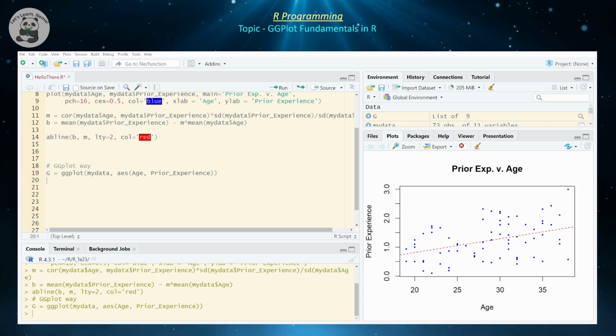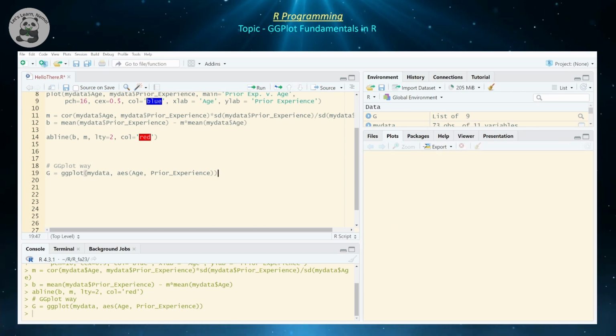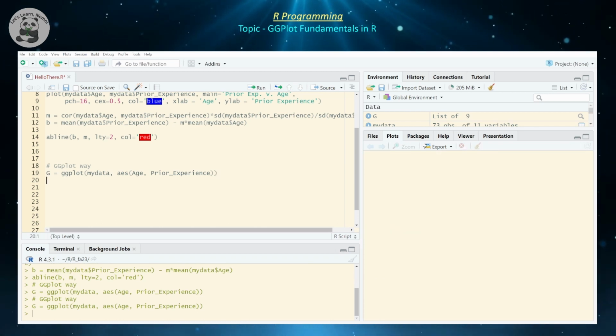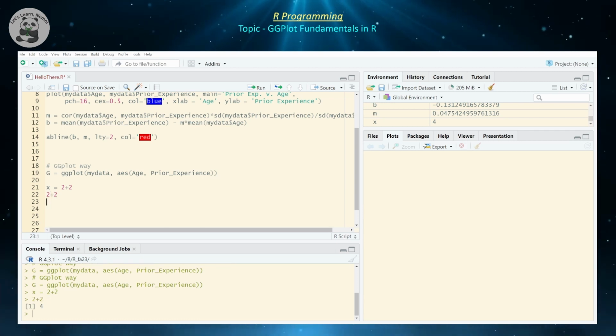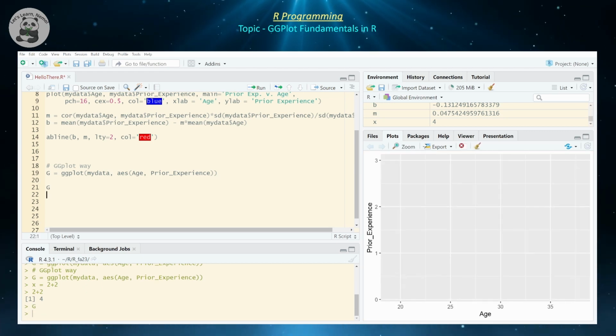Now you might be wondering, oh, nothing came up. That's kind of odd. Maybe if we clear these plots out and give that another run, maybe it'll come up again. And you see, oh, nothing came up. Keep in mind when you assign things to an object, they won't display by default. For example, if you do x is equal to 2 plus 2, it will not display the value of 2 plus 2 here unless you just do 2 plus 2, right? So if we actually just type g here, instead of the assignment of g, that's going to display your ggplot object, right? So now we have this graphical window, age on the horizontal, prior experience on the vertical axis,